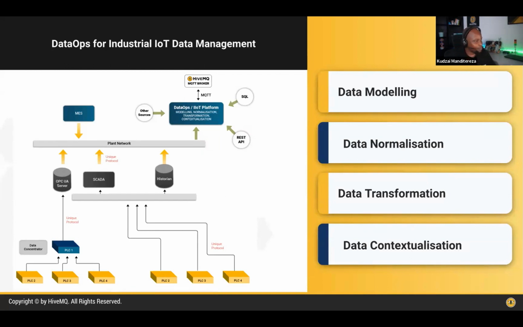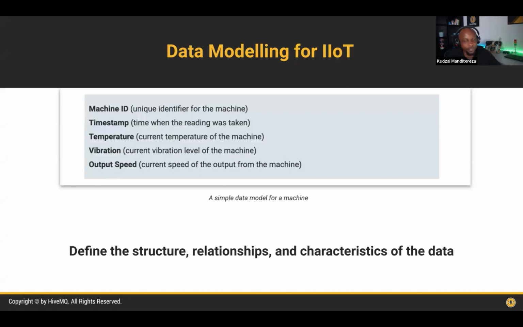So that's the importance of being able to put that data layer in place. This is an example of exactly what we mean when you're talking about data modeling. Basically, what you're doing is defining the structure, relationships, and characteristics of your data. Again, this is a simple example of a data model for a machine, whereby you could specify